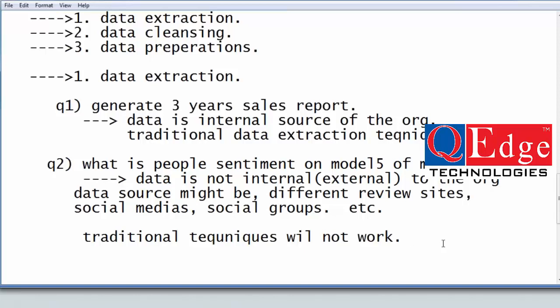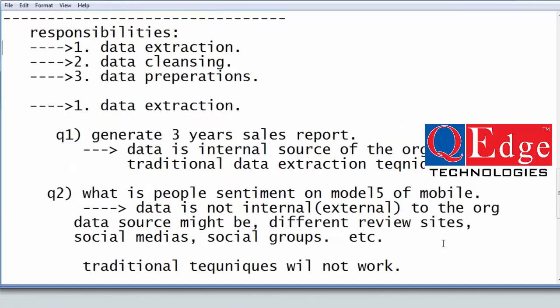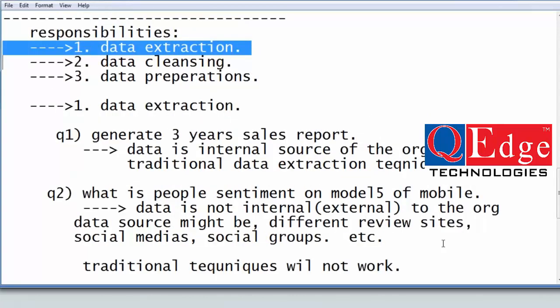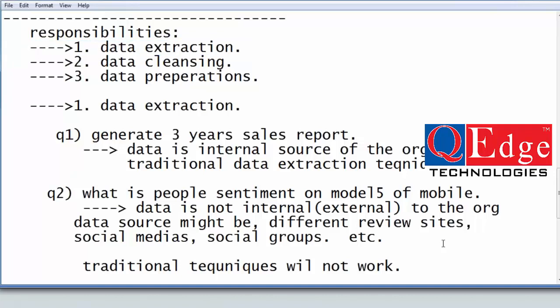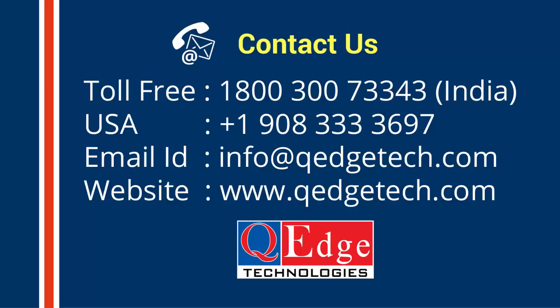So from that essence, how to find out whether this person is in a positive mood about my product or not, how will you find out? So these are the challenges. Here different techniques we need to apply. Different disciplines are there in data science to solve such kind of problems. So this is one of the technical data analyst limitations as part of data extraction. Of course, still a lot of limitations are there. I am going to touch the main highlight points.